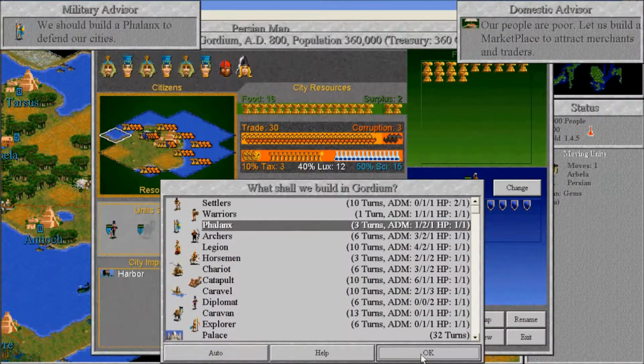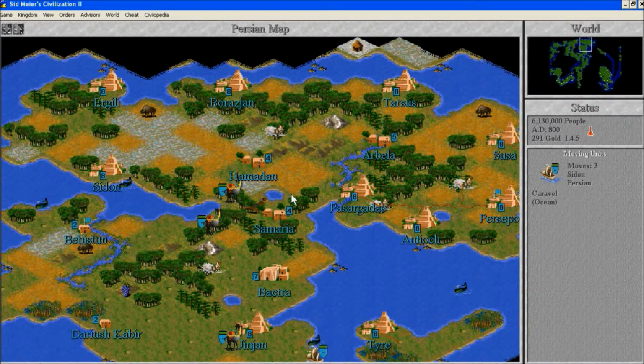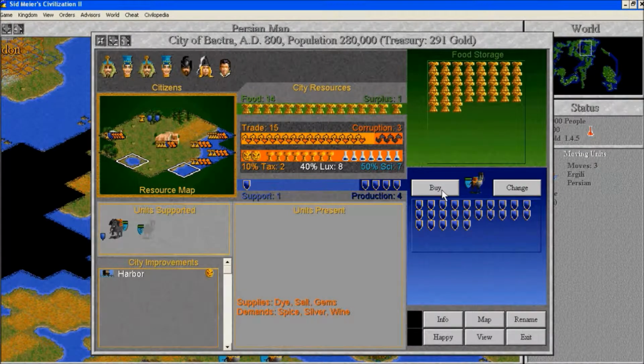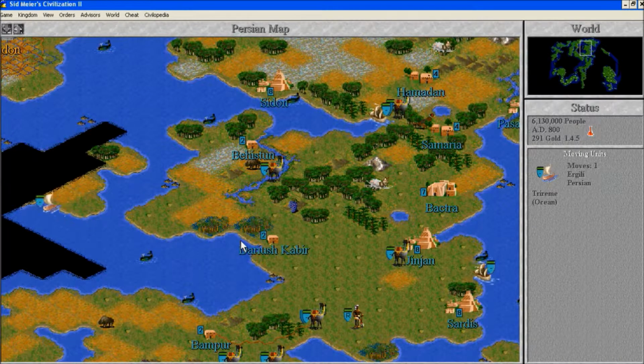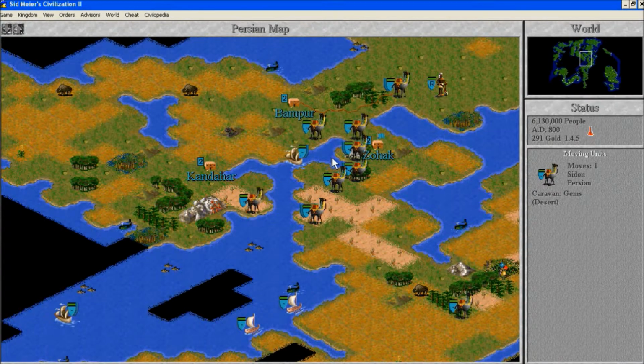So, life goes on in the civilization. Just because you're big doesn't mean that you have all your problems solved for you. In fact, a great portion of the advantage that you get from celebrating your cities this large is that your caravan deliveries have more value, at least at the moment. Because